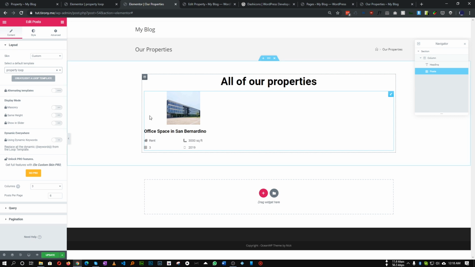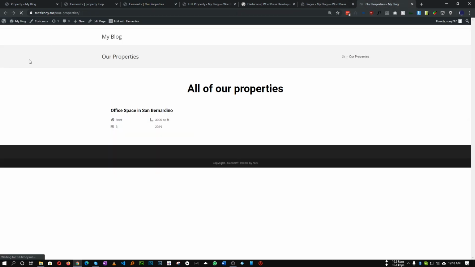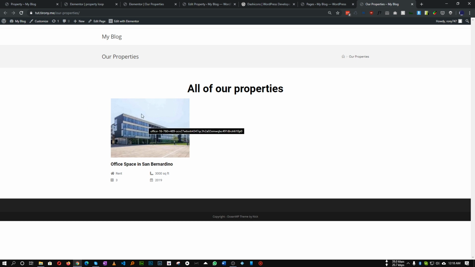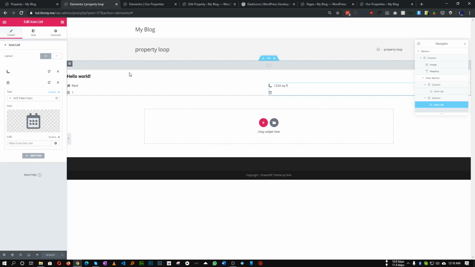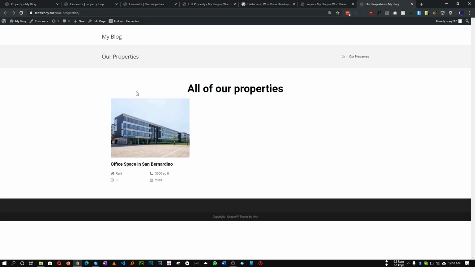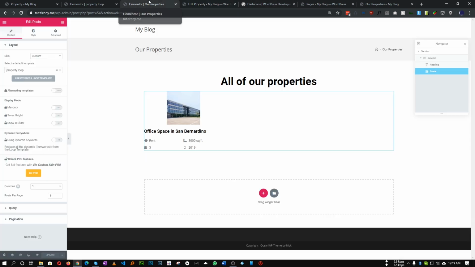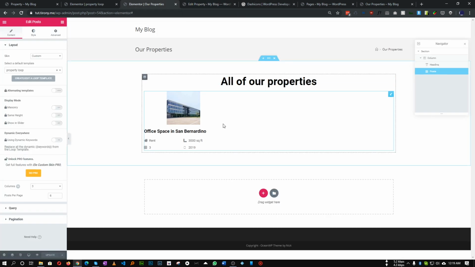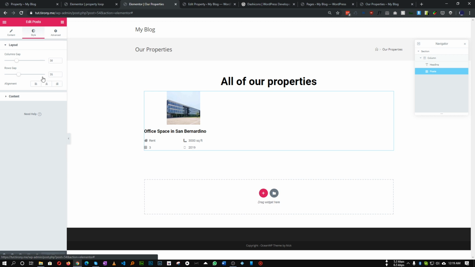Now as you can see, everything is showing in here. So let's save. Now if we refresh our page, as you can see, our property and all of our custom fields are now showing. So that is very easy. You can make any changes in your property loop in here. So let's say we have to add a border around this property, so you can do it in here as well. So if you want to add border in here,